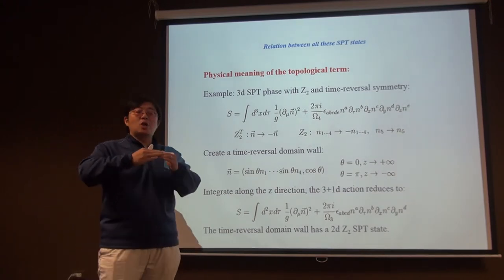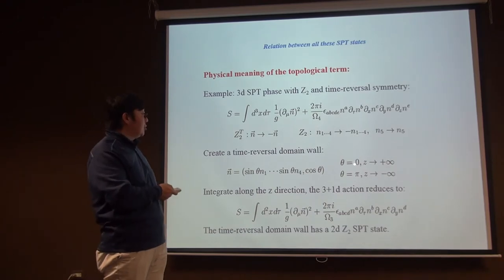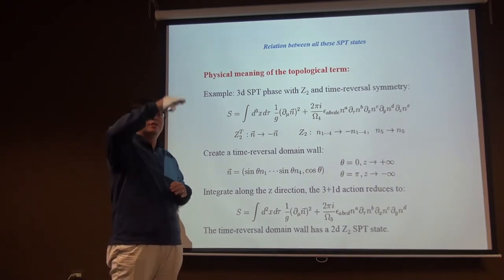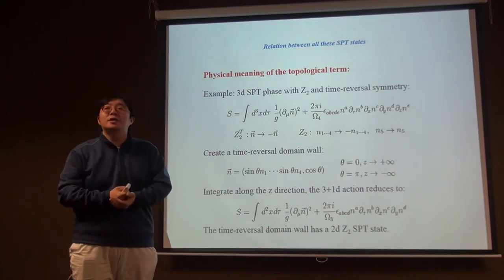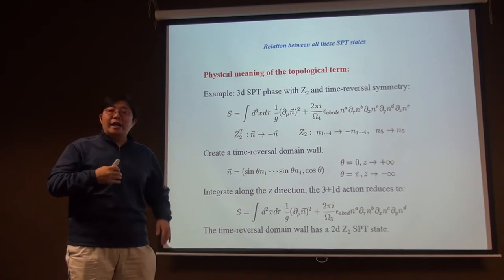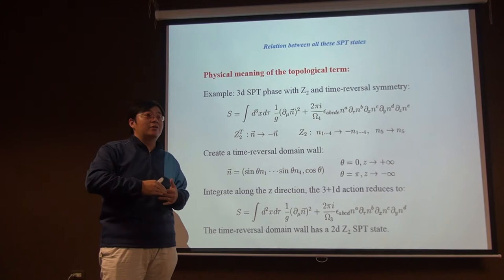So now let me make a domain wall along the z direction, which means that theta equals 0 when z goes to plus infinity, and theta equals pi when z goes to minus infinity. This is a domain wall of the n5 component. If I choose this configuration and I integrate out the z direction, it